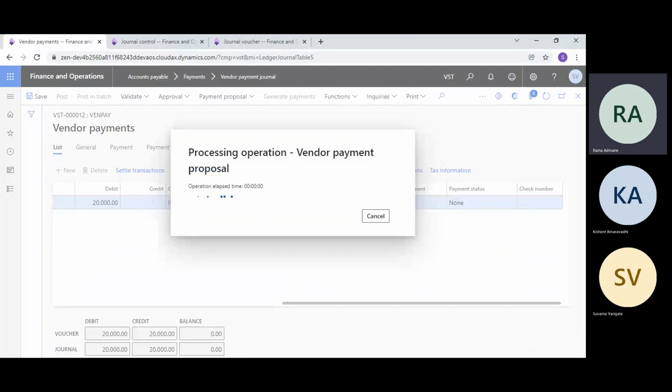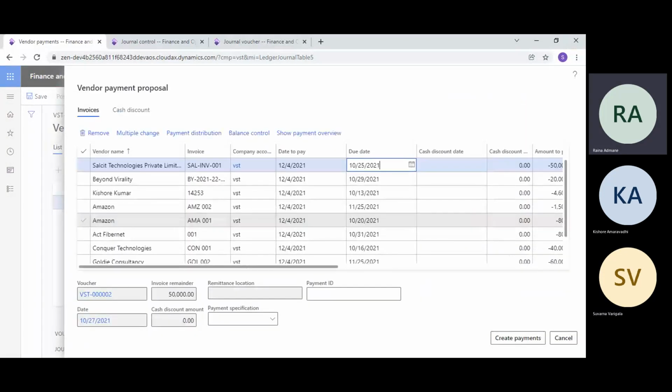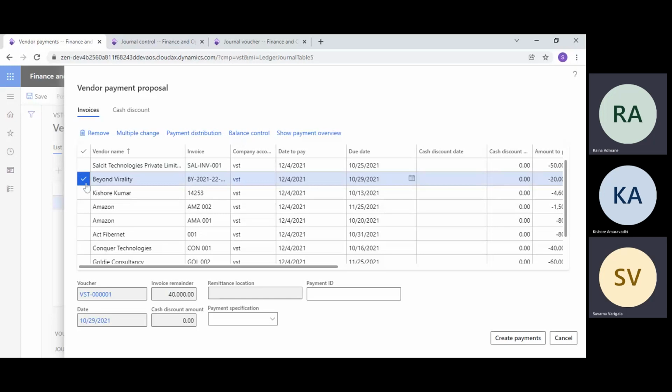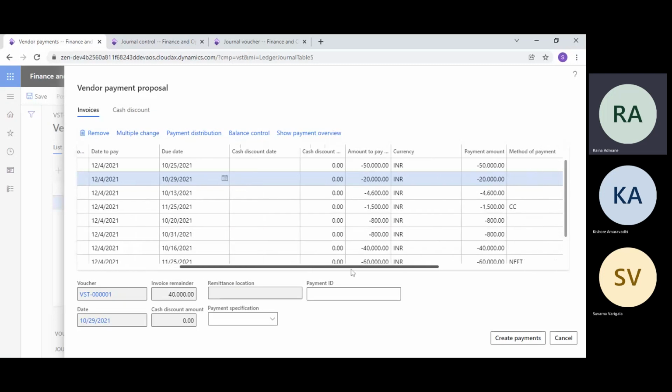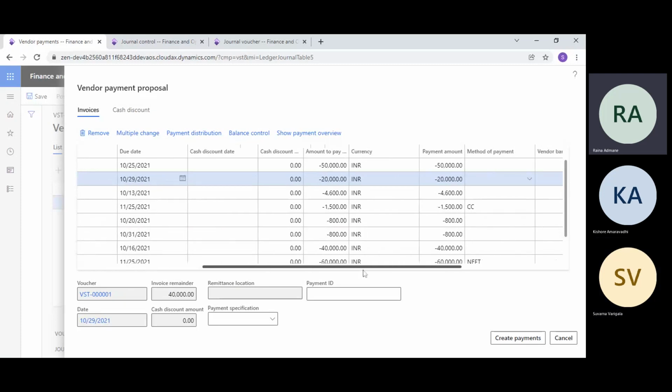So now the system is generating the check internally. Okay, so what happened? We have not given any filter, right? So the system has shown all those vendors where the payment is due. You can see that these are all payments where payment is due.